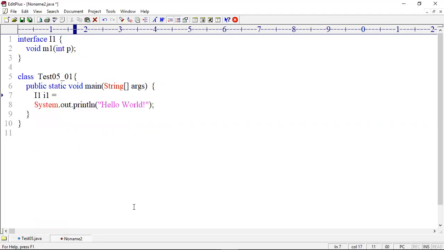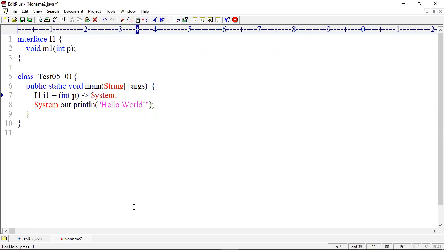Whenever we are planning to write a lambda expression, first we need to find the functional interface, then create the reference variable and equal to it, since the abstract method is there. Copy the parameter signature, open bracket, closed bracket, paste here, arrow, and whatever logic you want to write, either a single statement or multiple statements, your wish.